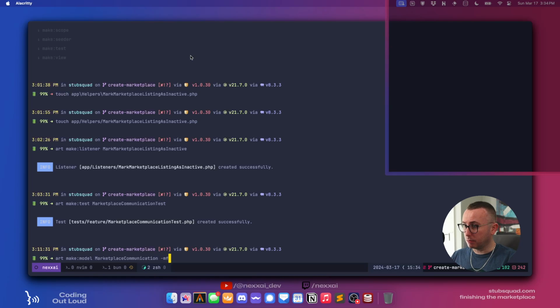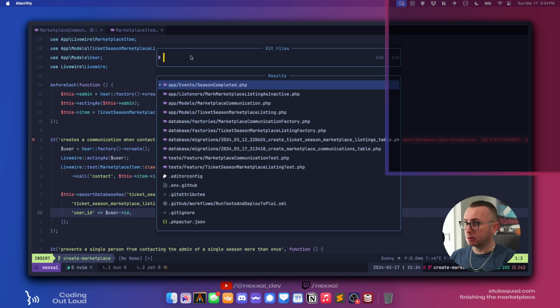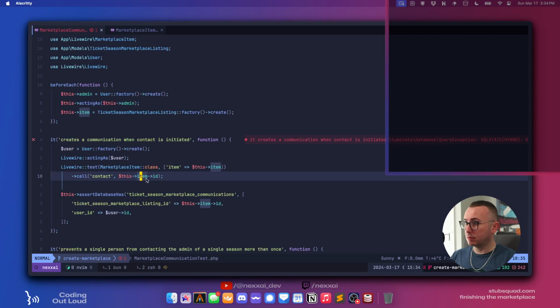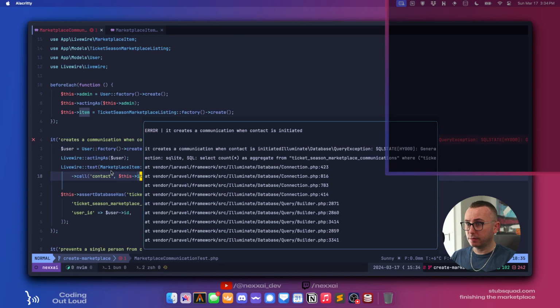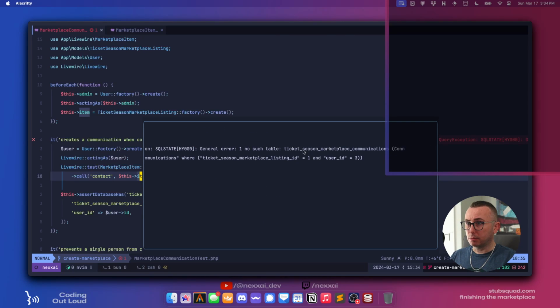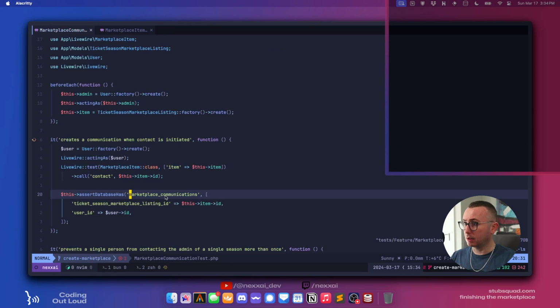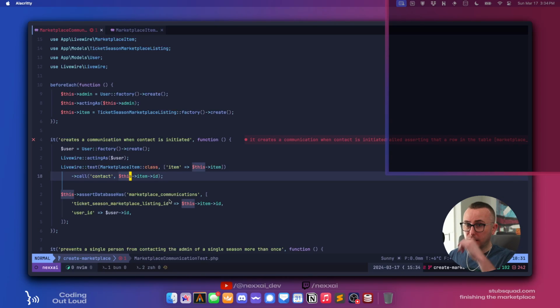Yeah, and we want the migration and a factory. Cool. Okay, so it's still going to fail. No such table, ticket season marketplace communications. That's fine. This can just get deleted. Okay, again. Okay, so yeah, so now it's at least using the right table.